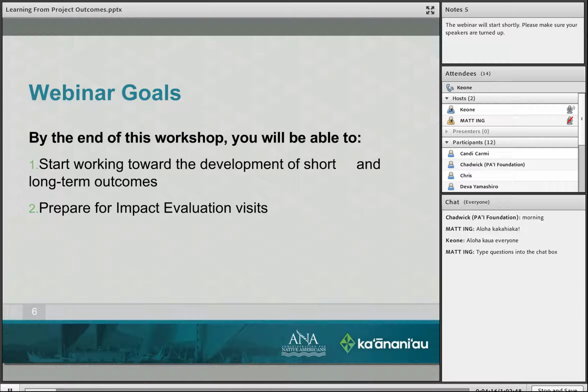But there are many other types of outcomes that can be looked at, so this is just to be able to start working towards the development of those. The second goal is to prepare for impact evaluation visits. We'll talk a little bit more about that as the webinar goes on.